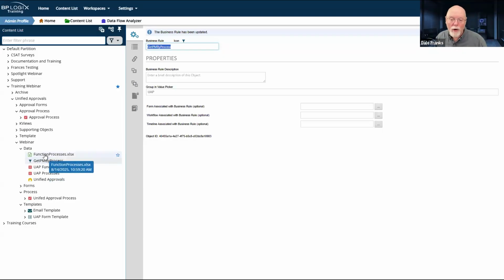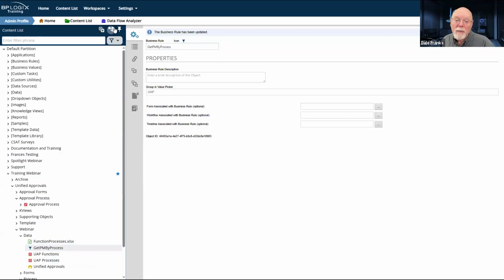So in the real world, because this is going to be a parameterized business rule, parameterized business rules are almost without exception global objects, because I can access them just by calling them by system variable and passing the variable of the parameter, whatever the value of the parameter is, to them. So I can call them from anywhere. So technically, I shouldn't even put it in this data folder.